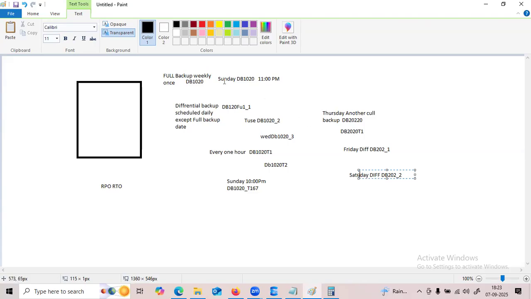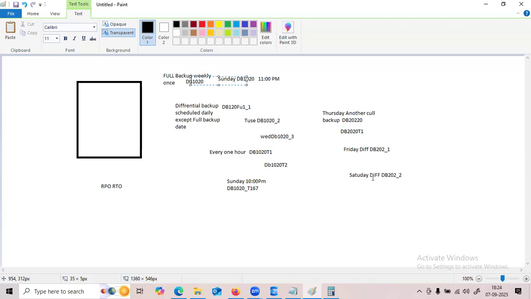Why? Because the Sunday full backup's LSN number is 1020. The Saturday differential backup will not look for the 1020 LSN number, but for the other LSN number, because it is pointing to the backup we took manually on Thursday.